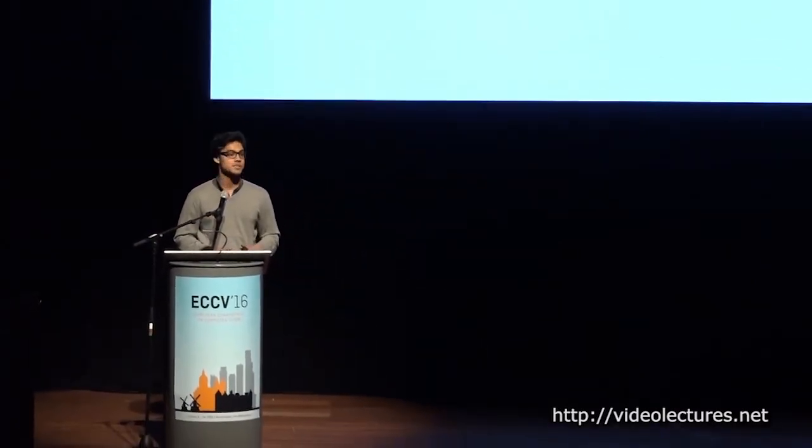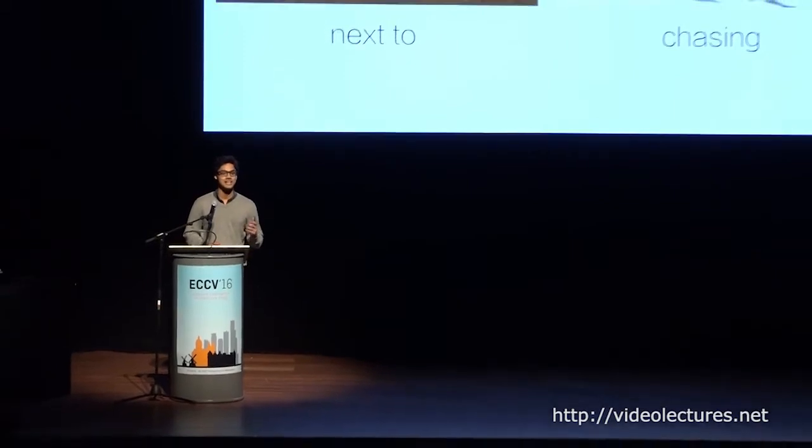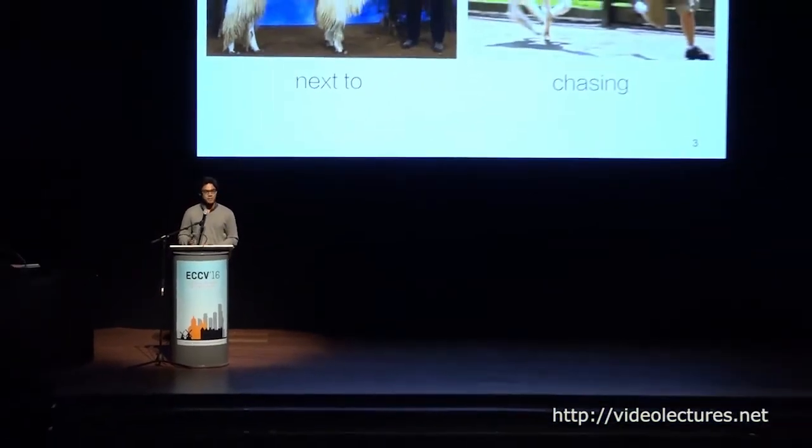Now, if we take these two images that both contain a llama and a person and ask today's state-of-the-art detectors to tell us what's in them, they will identify the llama and the person, but they won't be able to distinguish between the two images. While objects are the core building blocks of an image, it is often the relationships between these objects that help define the story of a scene. It helps us distinguish when a llama is simply standing next to a person